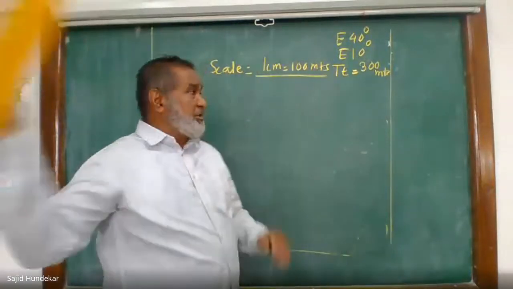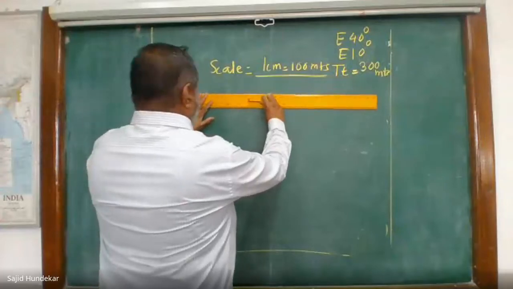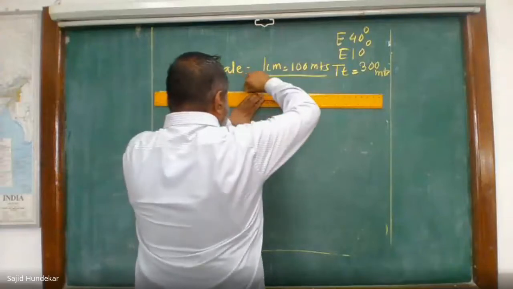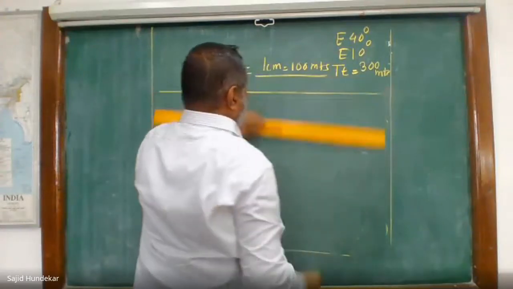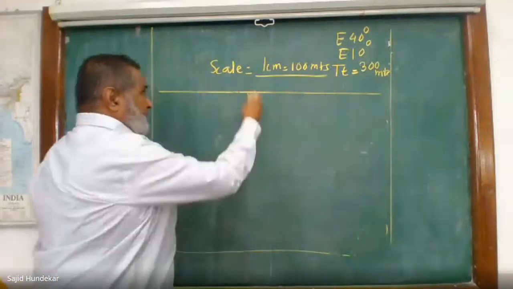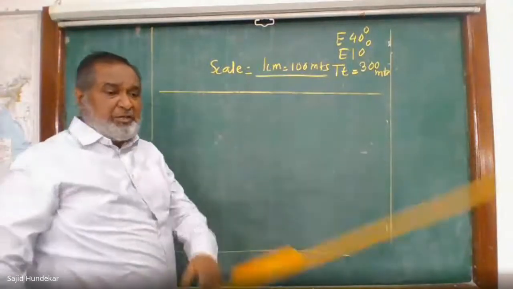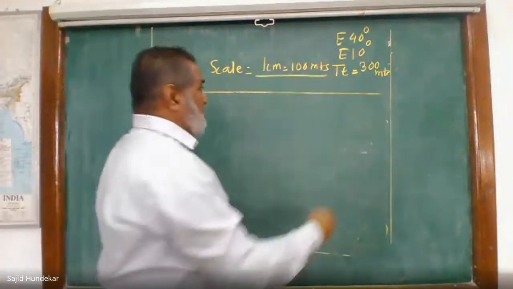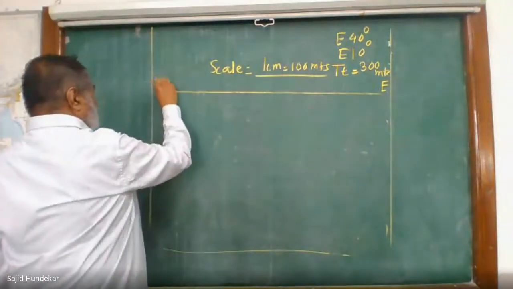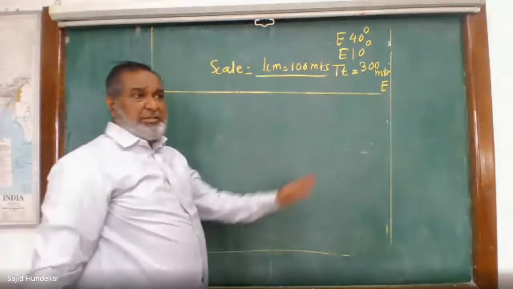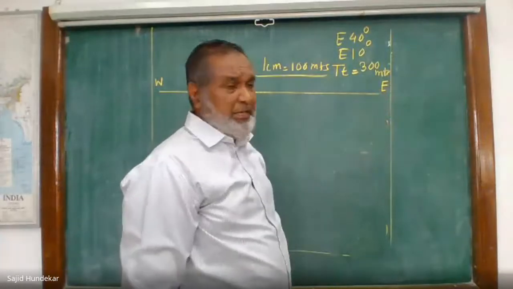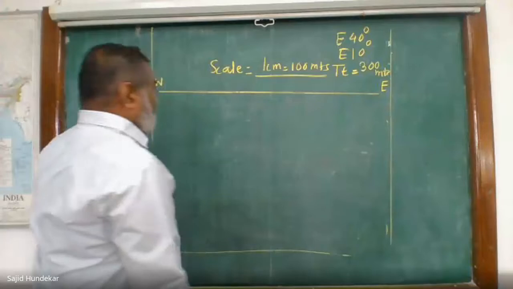Now, next you have to draw the horizontal surface with your bigger scale, and mark the center point. You don't need to point any left or right. Exactly center. Now here east is given. So east west. So right hand is your east. So this is your east side and this is your west side. Remember, east and west, north, south. So here east is given, so we have to focus east on your right hand side and west on left hand side.